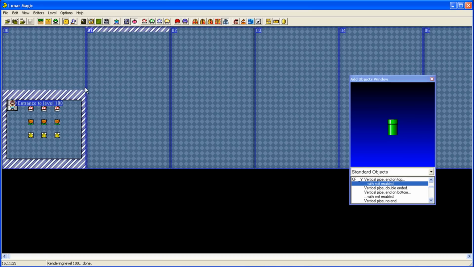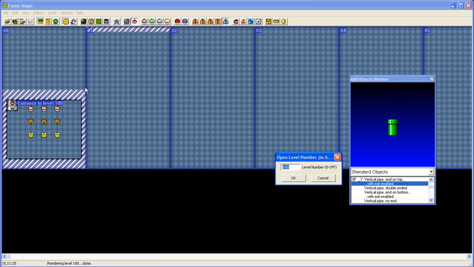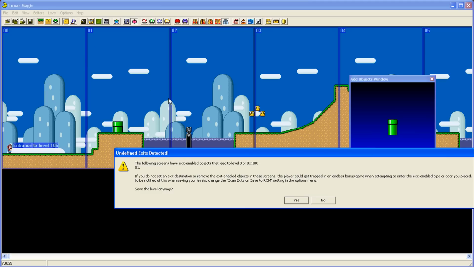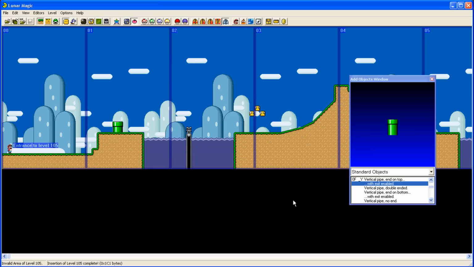In general, those two levels, unless you know what you're doing, you never edit them. It is not good to do. And in general, again, never just leave a pipe with exit enabled. It's very obvious. You move anything, you go to save the level, you get an error. If you read the error, you should know. But,